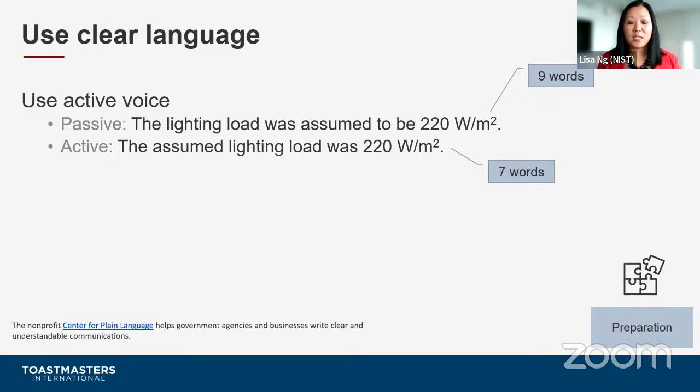Now remember, some people might be hearing your story for the first time. And so when you say things in passive voice, they have to flip the sentence in their head. And that requires some mental gymnastics. So when you put it into active voice, they can follow along with you very clearly.